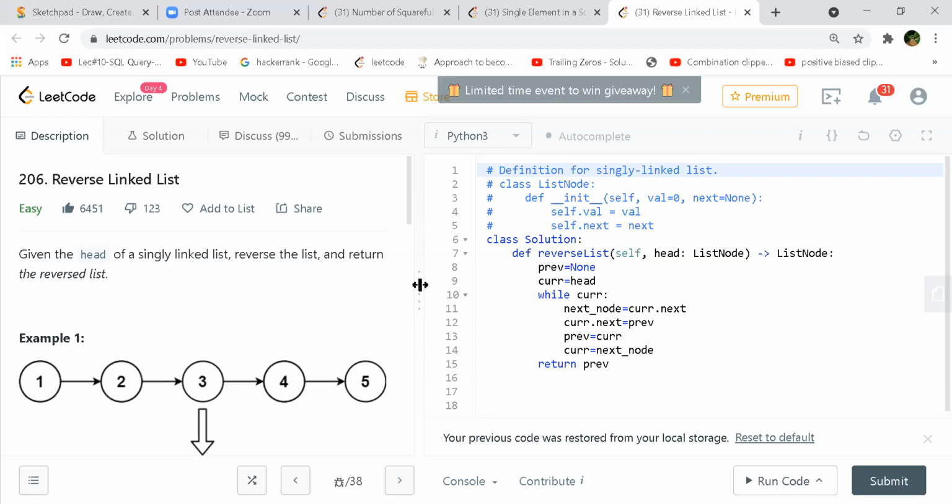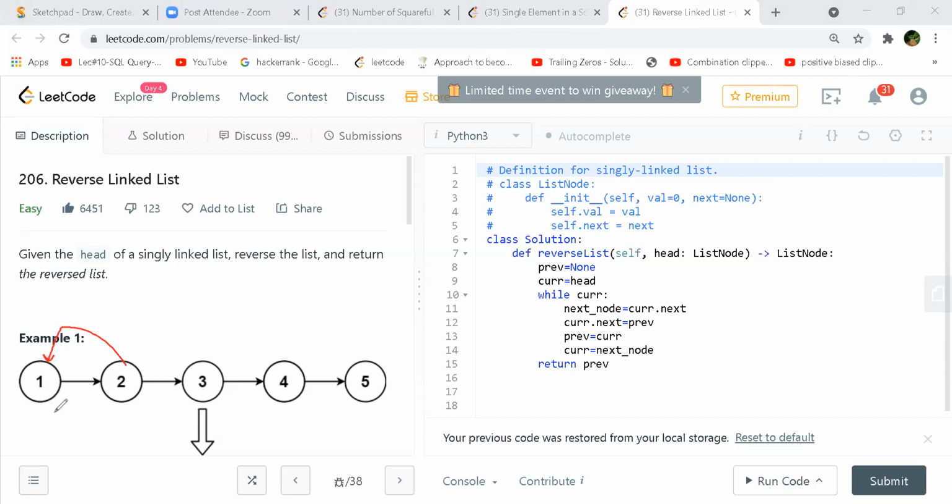So let's follow this one. Initially my current pointer is at 1, and your next node will point to 2. The previous is none, so it is null. Now you break that and connect it with 1, and your previous was none.